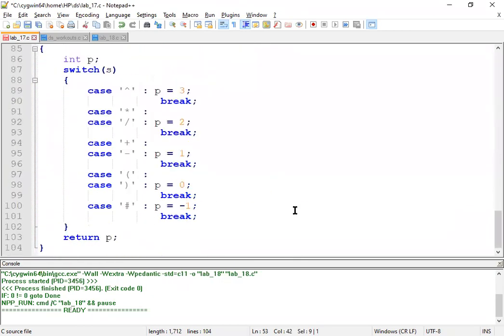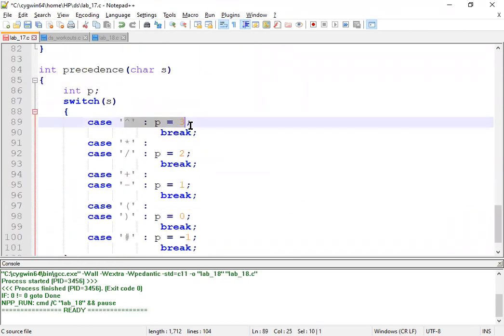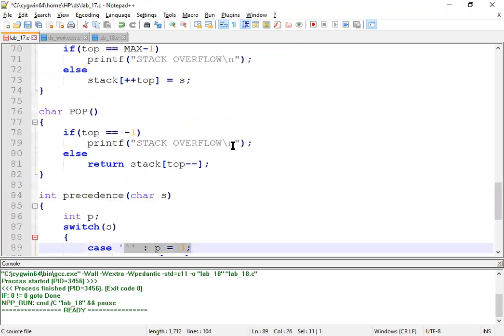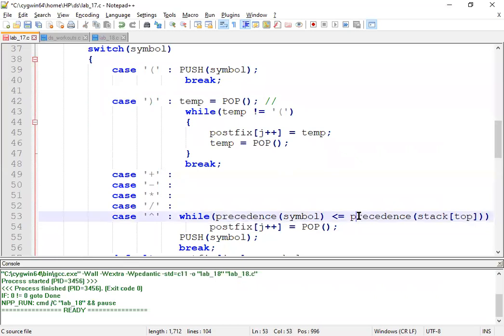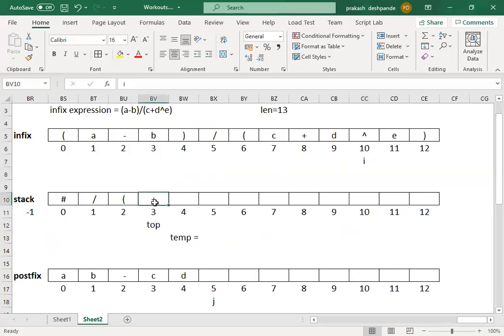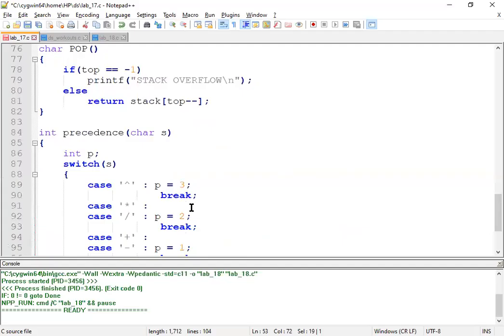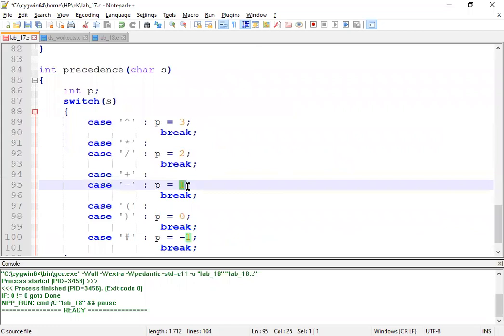Now the power operator, if you look at the code, gets the precedence value 3, right? So 3 is compared as less than or equal to the precedence of the top of the stack. On the top of the stack, what we have is plus. If you look at the code, the precedence of plus is 1.